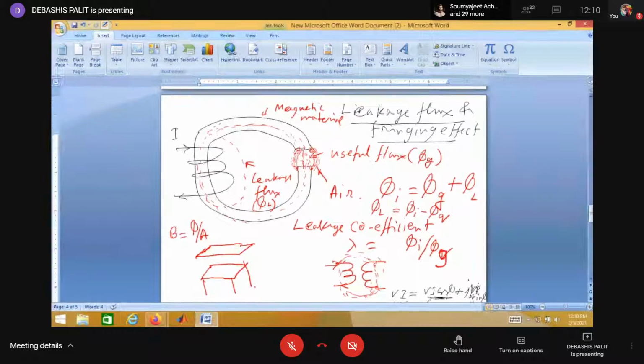So I am explaining this. There is a fringing effect that is due to the flux per unit area at the sharp edge. At this sharp edge, the effective area is comparatively less than the middle portion. Sir, is it an abrupt increase or is it continuous? Whenever you go towards the edge portion, the flux density becomes more. But at the middle portion, flux density is comparatively less.